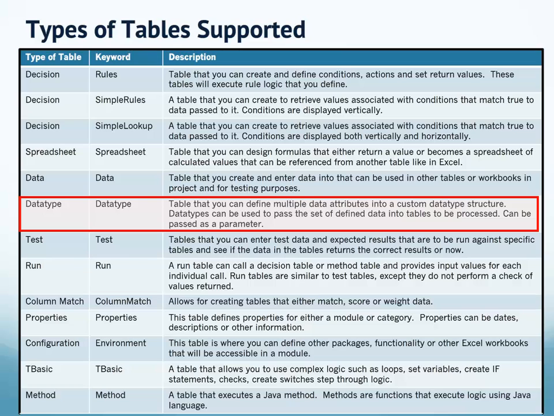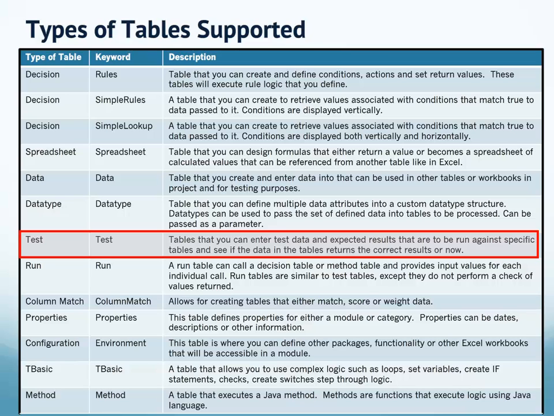So you can use this data type to pass a set of defined data into tables to be processed like you would pass parameters. We have test tables. The syntax again, OpenL is looking for the word test in a table, and it's here where you can enter test data to be run against your decision tables or whatever other type of tables that you create your rules for. But not only do you enter your test data, the expected results as well are in your test tables,